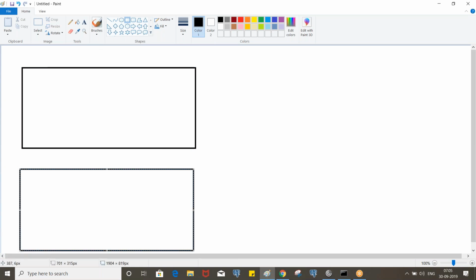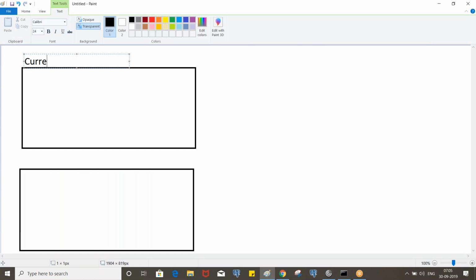So now I am going to draw here. Let's say this is our user interface, and this is the current address and this is the permanent address.